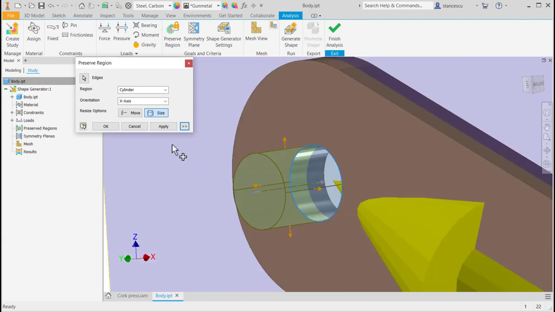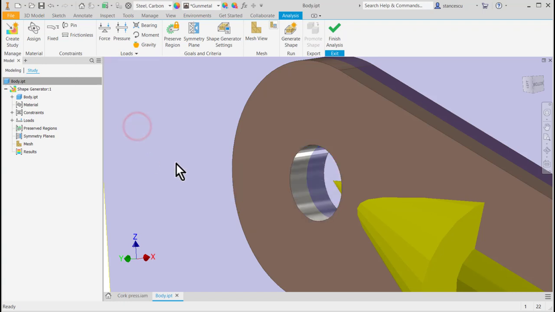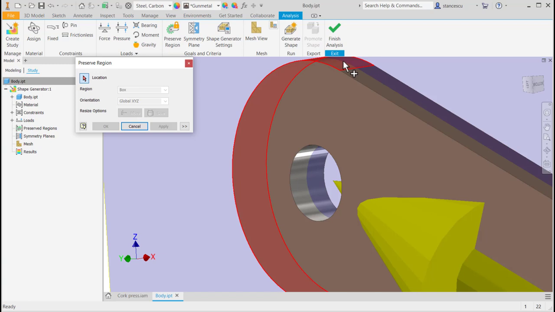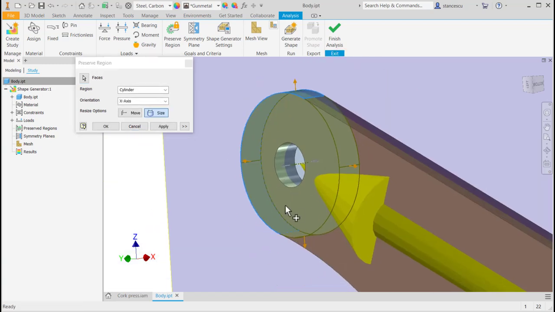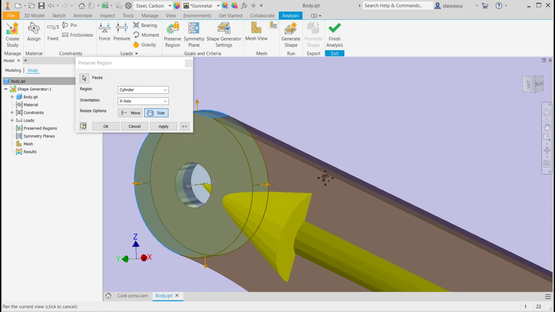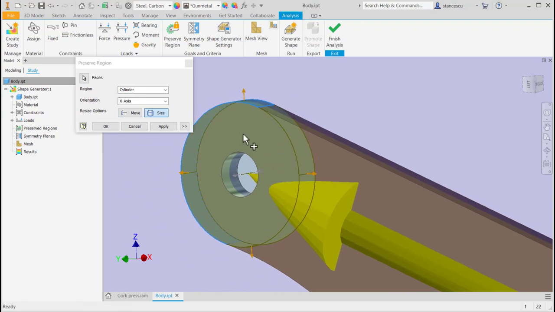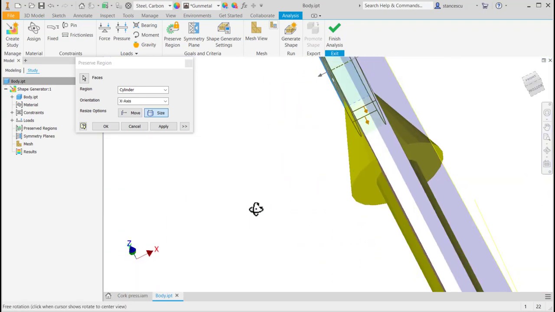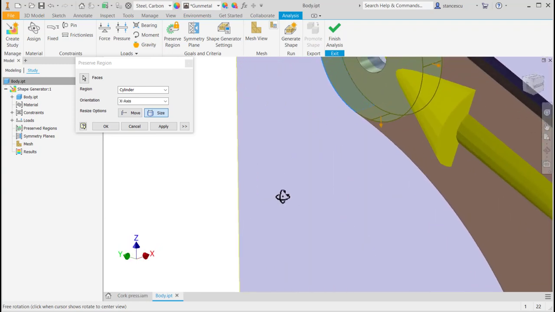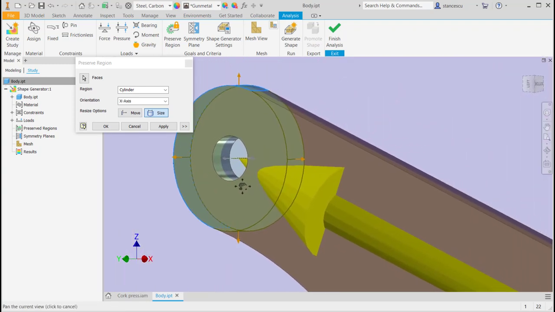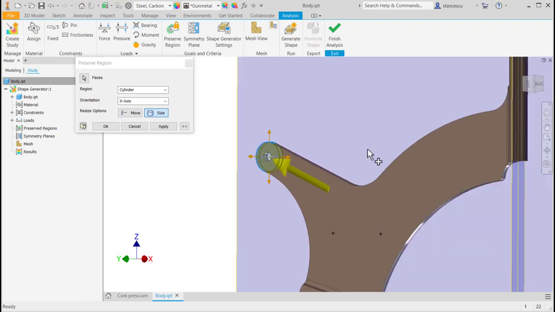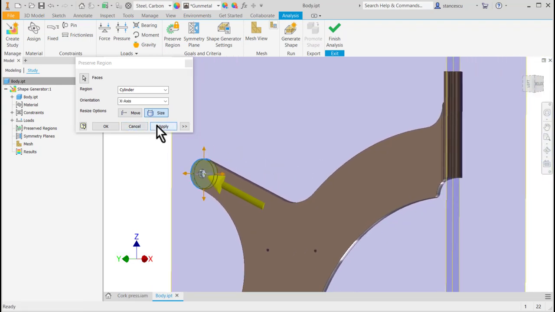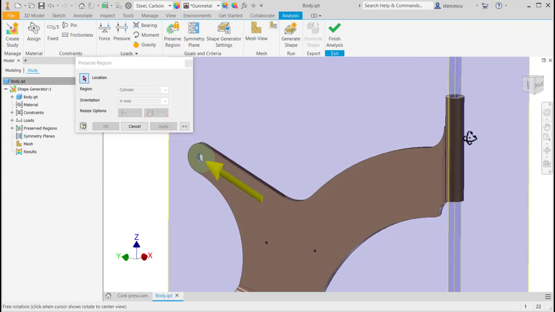suggestion, or you can show better this and you have what you need. I want to preserve this element of the body, not changed, not modified. Okay, apply. The other one is